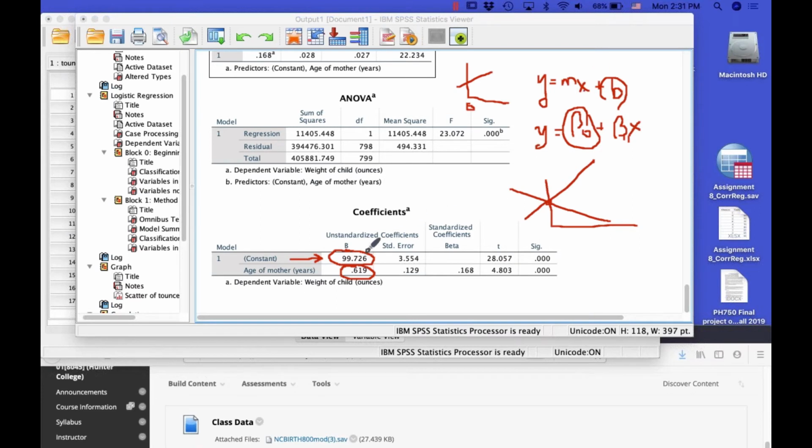So in this case, the y-intercept is 99.7 and the slope is 0.691. Okay, so what does that tell us? That tells us that I can create a formula